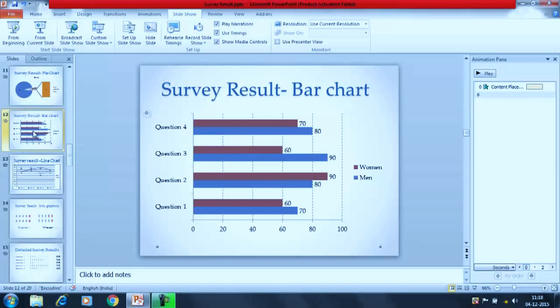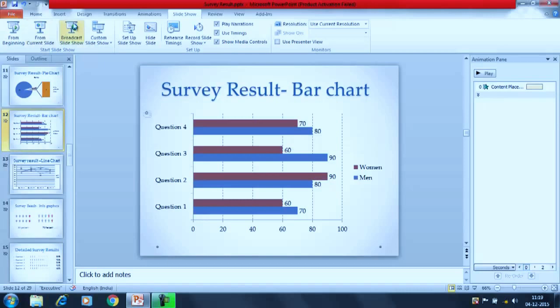So this is one of the charts that I have already created, where there are certain questions on the left hand side. These are the questions and these are the results. This is a kind of yes chart, where 70% of the people say yes or 80% say yes, so the remaining would automatically be in the no category. If you want, you can show the yes and no categories both here.